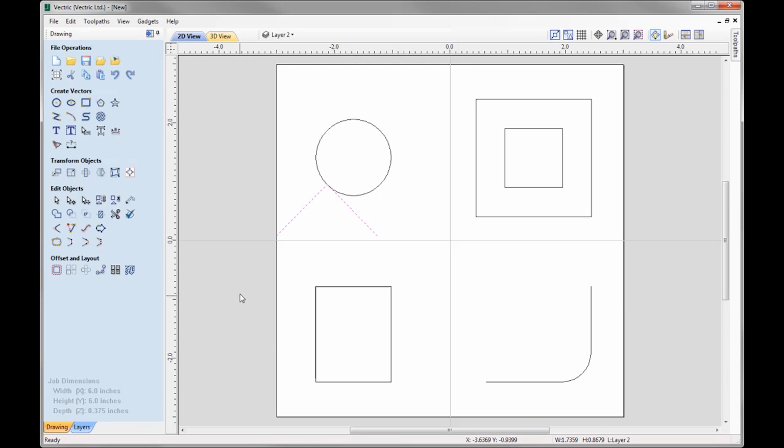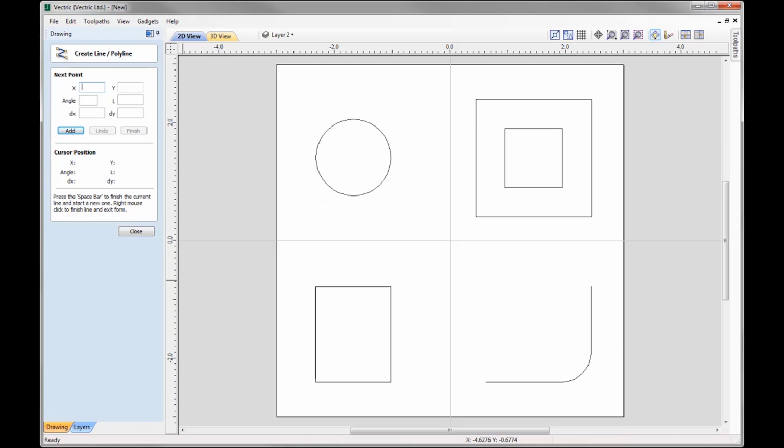So let's just right click there. We're going to take that vector, we're going to delete that. We'll go back into the polyline tool. Now Smart Snapping can also find connecting lines by waking up two different points. For example, if you cast your eyes over to the top right hand corner, you'll see that we have a square with a smaller square inside of that square. Now if I wanted to create another square that was between the two squares, all I'd have to do is